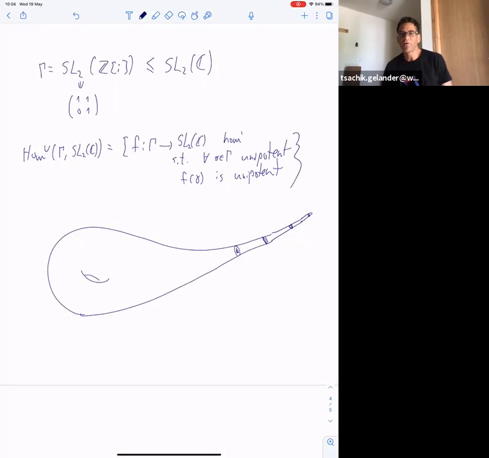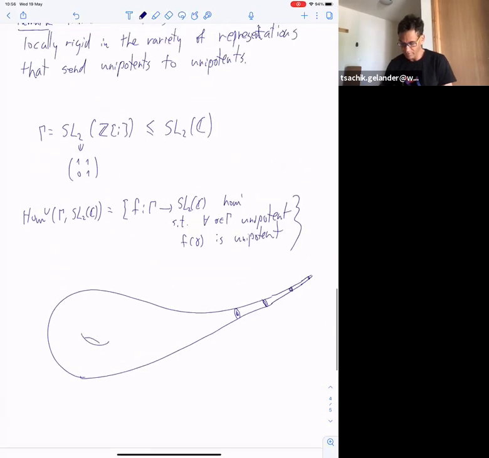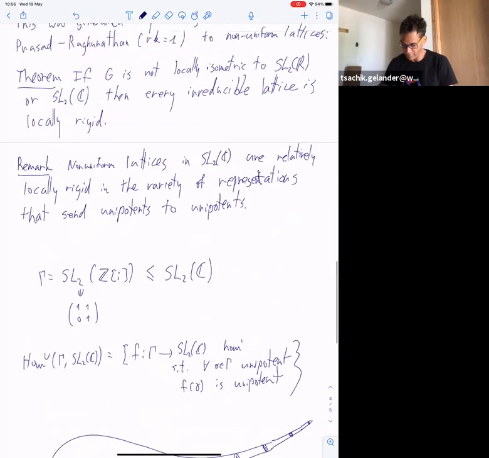Okay, in SL2(R), you cannot even hope for that. In SL2(R), non-uniform lattices are virtually free groups. So if you have a free group, you can deform it in any way you want. And you cannot expect even a weak version of local rigidity. So in SL2(R), you don't have that. So that's why the assumption here is that,